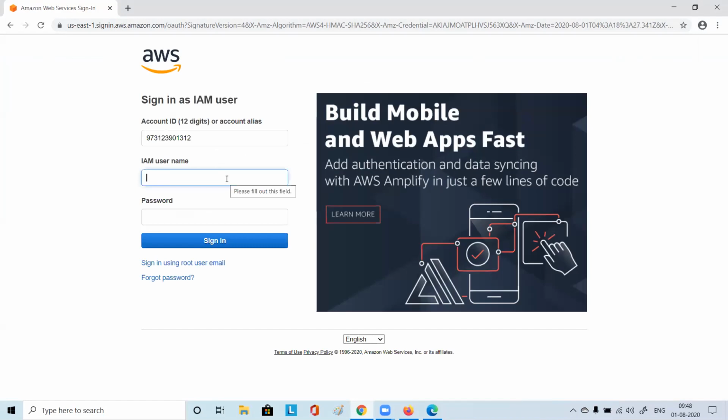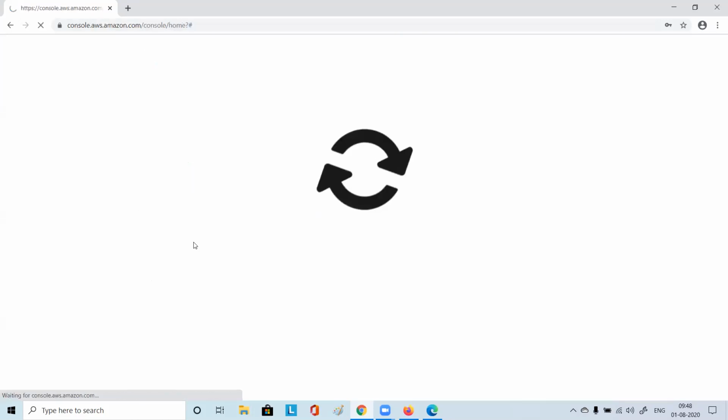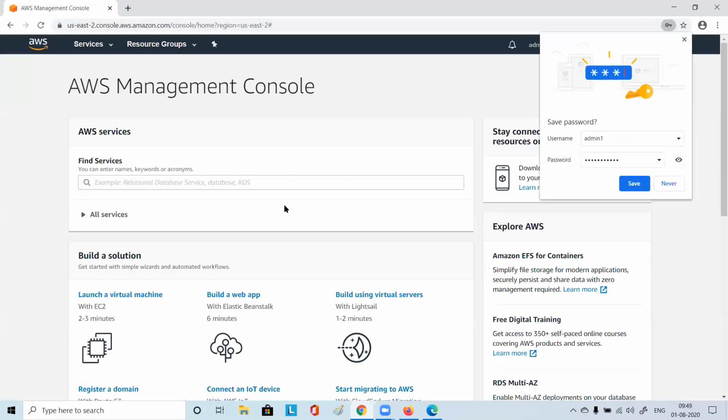Username was admin1, and the password. And here you go. See, the user is able to log in, right?